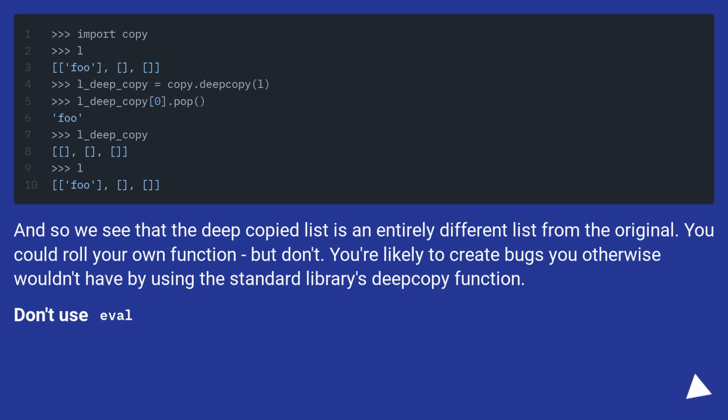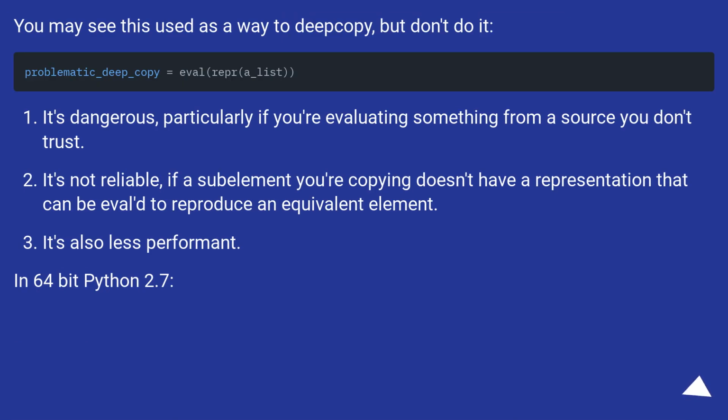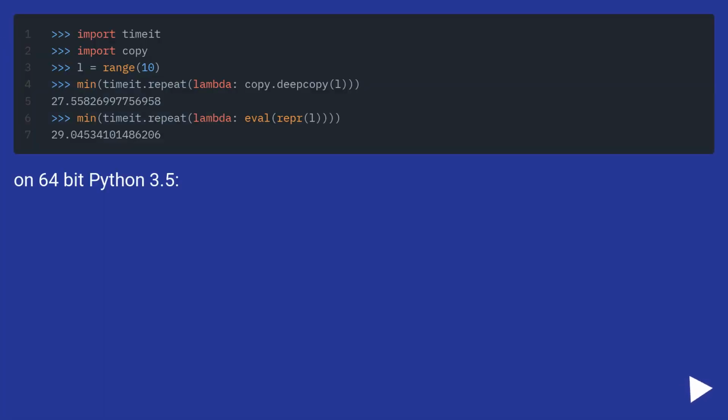Don't use eval. You may see this used as a way to deep copy, but don't do it. It's dangerous, particularly if you're evaluating something from a source you don't trust. It's not reliable if a sub-element you're copying doesn't have a representation that can be evaled to reproduce an equivalent element. It's also less performant. In 64-bit Python 2.7, on 64-bit Python 3.5,